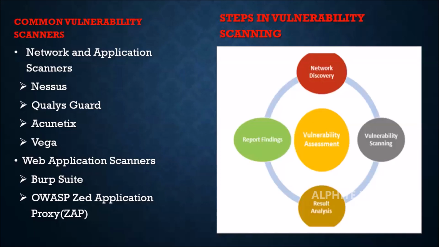So once the scanning is done, I'll receive the reports eventually. And using those reports, I need to analyze the risks. What has been identified? How many high severity risks are there? How many medium severity risks are there? How many low severity risks are there? What can I ignore? What can I not ignore? What can I fix immediately? Which ones can I delay, even so that there won't be any impact.